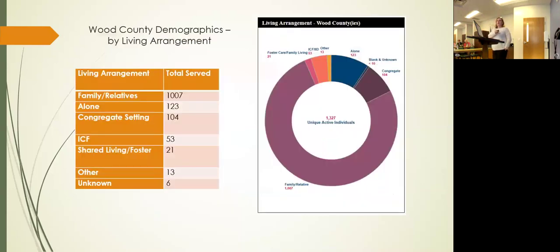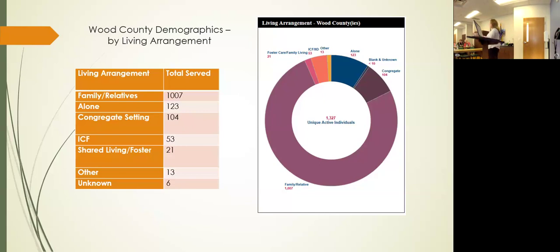Then this was just living arrangement, to show where everyone in Wood County is living. For me, this is very interesting because I have over 1,000 individuals in Wood County that are living with families. So when we look at aging, what happens when caregivers are aging? That's the 1,000 people that are going to need placement. So 53 individuals in ICF, 104 in, when they say congregate, we're looking at the residential homes, or sometimes we,